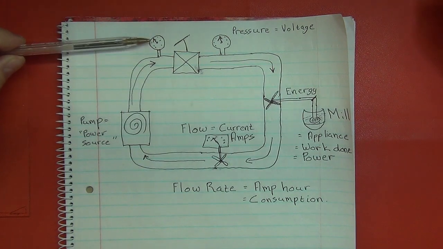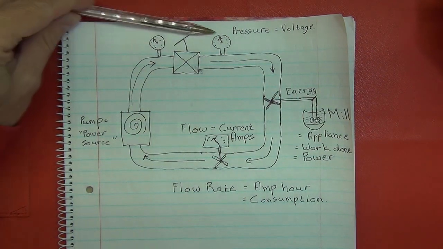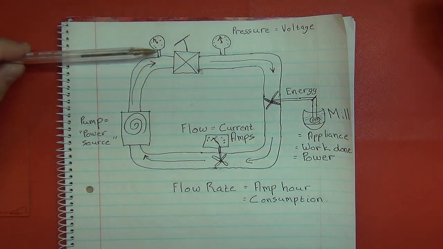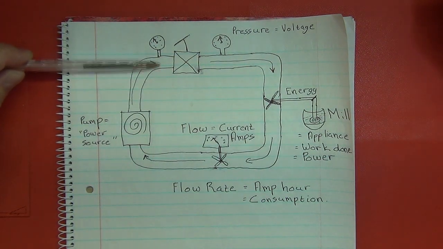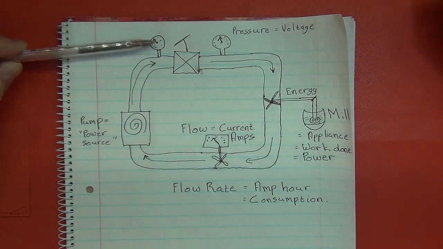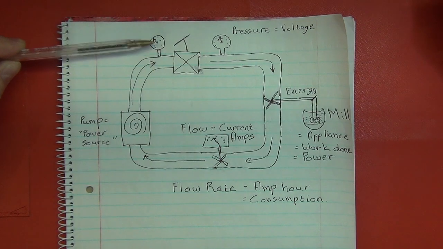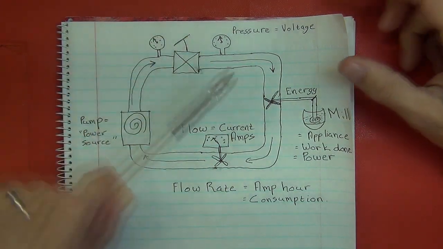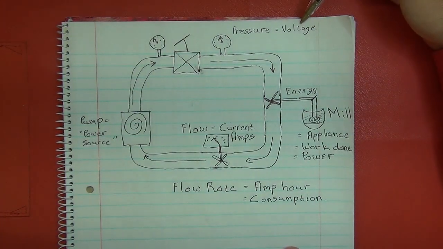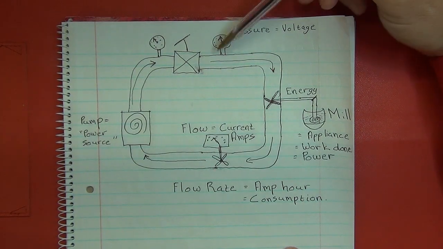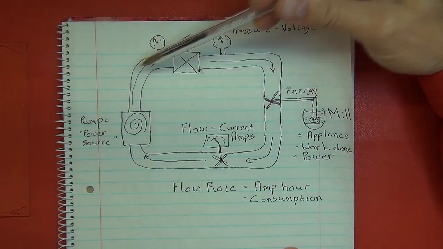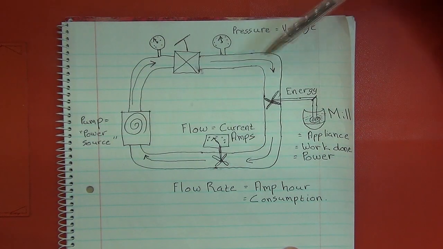Now on this pipe system, as I've said, we've got these pressure gauges over here. And these pressure gauges are measuring the pressure of the water. They don't have to be inside the pipe itself. You only need a small little tap into your pipe to actually pick up the pressure. Now the pressure of the system equates to your voltage. So when we refer to a voltage in a circuit, that in essence is the pressure which is there to push the water, or in essence to push the electricity through your circuit.